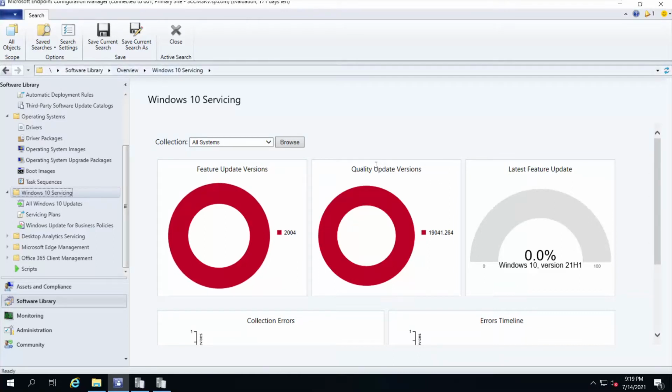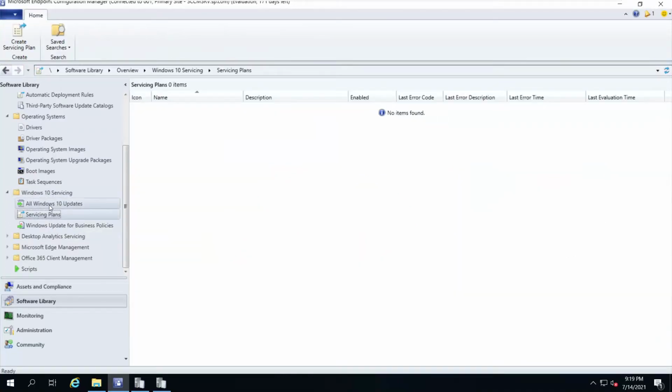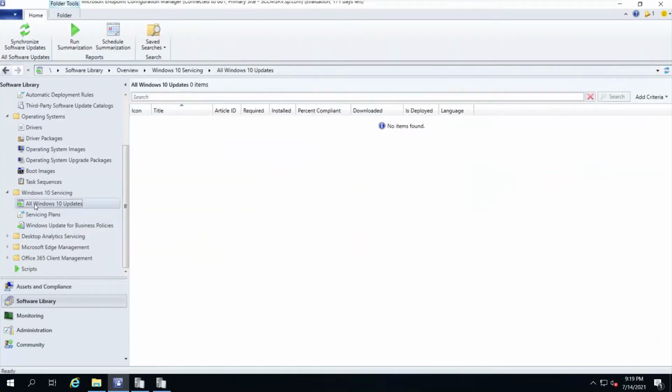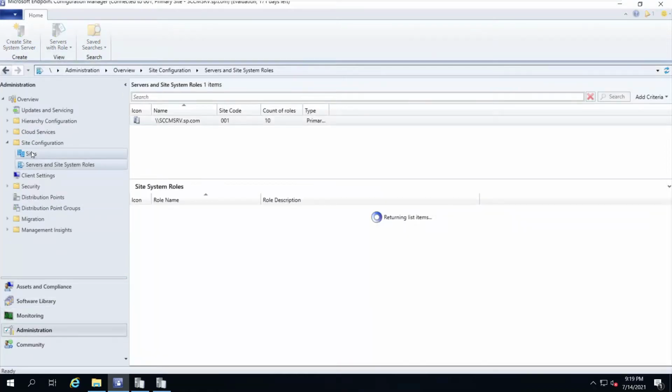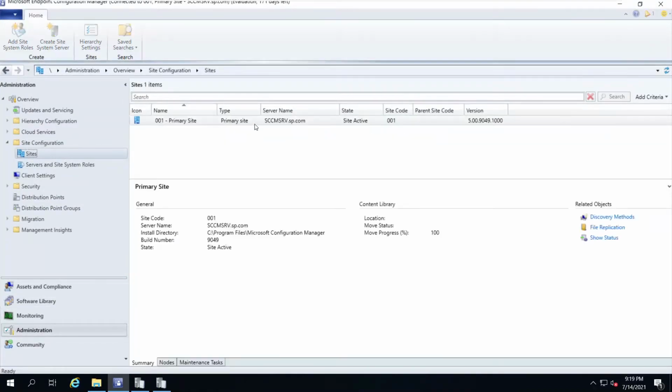Right, so yesterday we talked about Windows 10 servicing. Now here we can have service plans and we can have all Windows 10 updates here. Your Windows 10 updates will be available here. So as I convert the upgrade option, if I go to sites and I go to